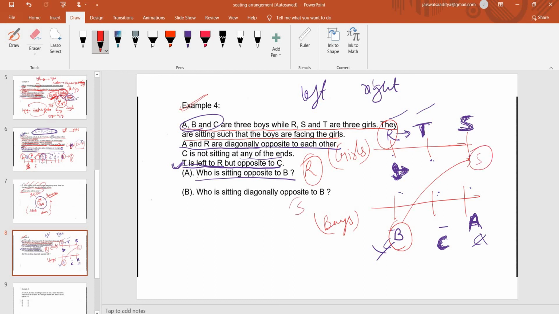One more thing I told you, guys, that if the letter is here, then the diagonal is here. Sorry, that was wrong. If a letter is here, then the only possible diagonal is this, and if a number is here, then the only possible diagonal is this. It can't be otherwise. The diagonal of B is not T. It should be S.